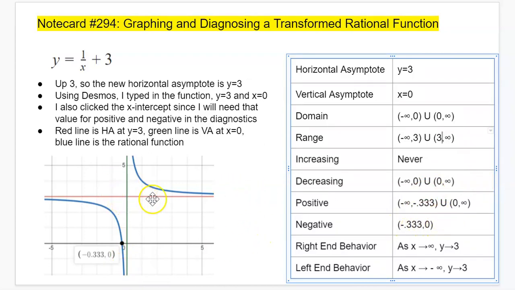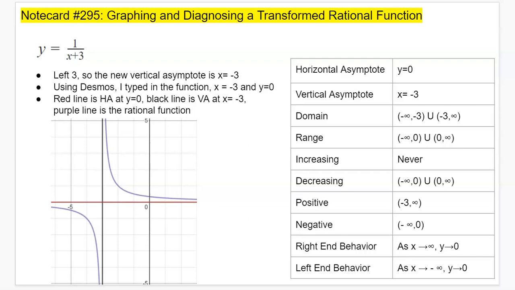Right in behavior, as x gets larger, what's happening to my y values? They're getting closer and closer to 3. This is always going to be, right here, your horizontal asymptote. Same thing on my left in behavior. As x goes to negative infinity, my y values go to 3. Pause me, rewind me, watch this again, whatever you need to do to understand this, but finish up your note card 294. All right, note card 295, we have one that's been moved left 3, and so my new vertical